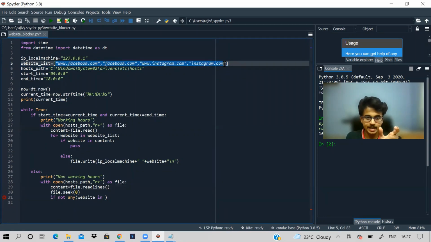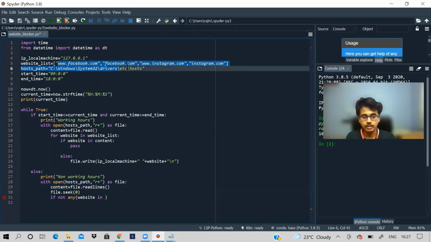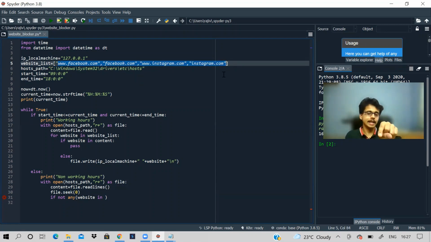If this website name is not present in any of the lines, see, content will have each and every line of the host file as a string. So in the host file, for each and every line, we'll check if any of these website names are there. If these website names are not there, then only we will write that content back to the file.